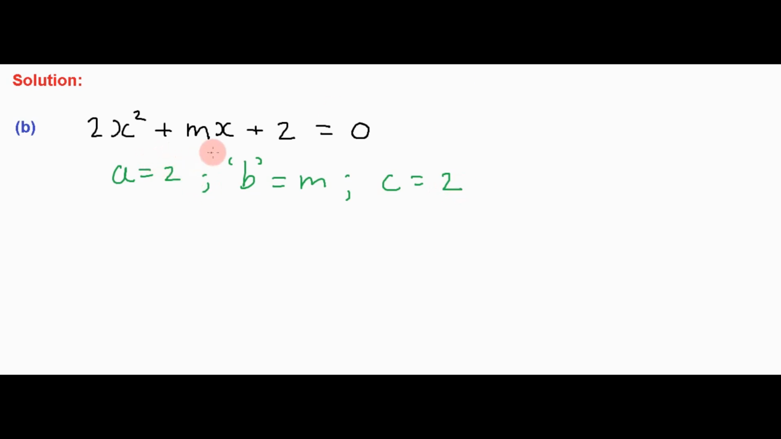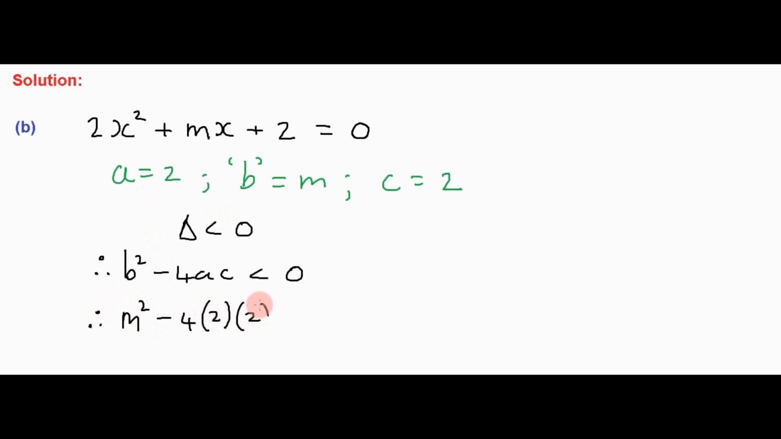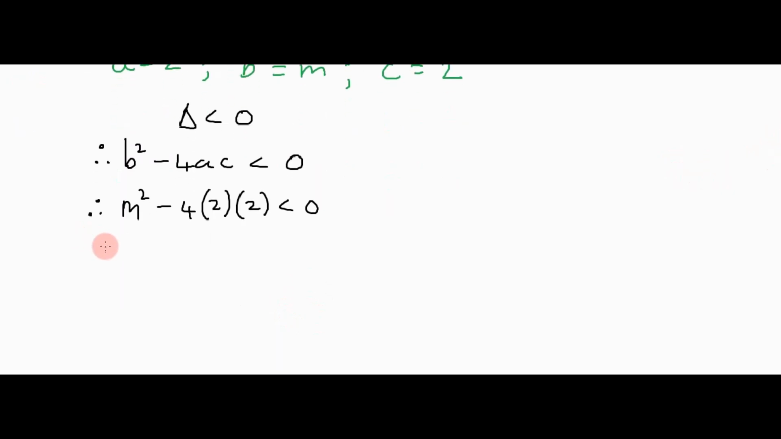We know that the roots must be non-real, so delta will have to be less than 0. In other words, b squared minus 4ac must be less than 0. And we can plug in the values of a, b, and c. So m squared minus 4 times a times c must be less than 0. So we end up with m squared minus 4 times 2 is 8 times 2 is 16 is less than